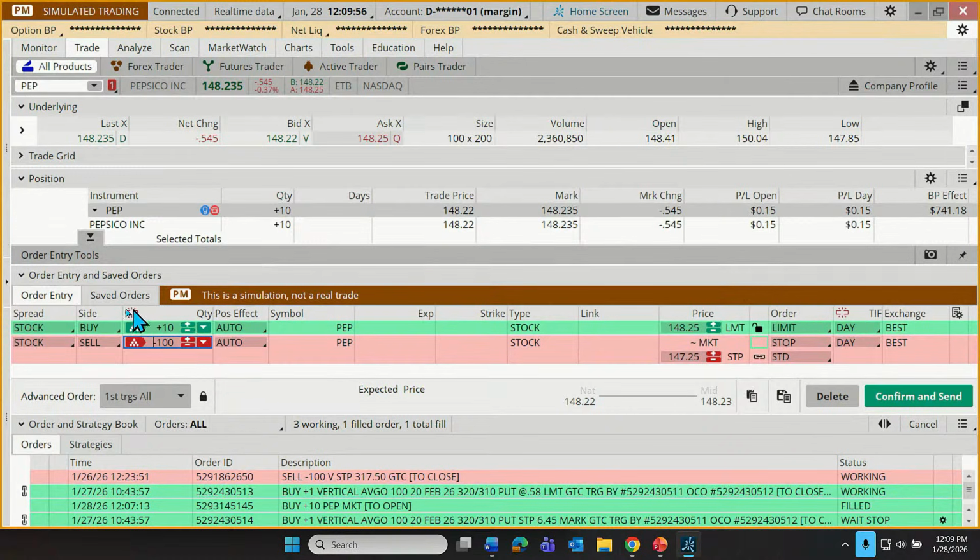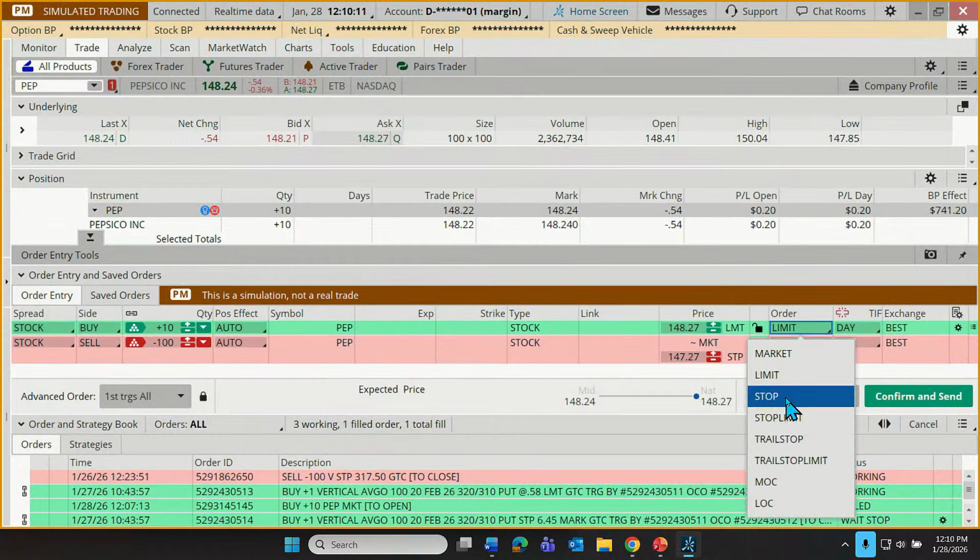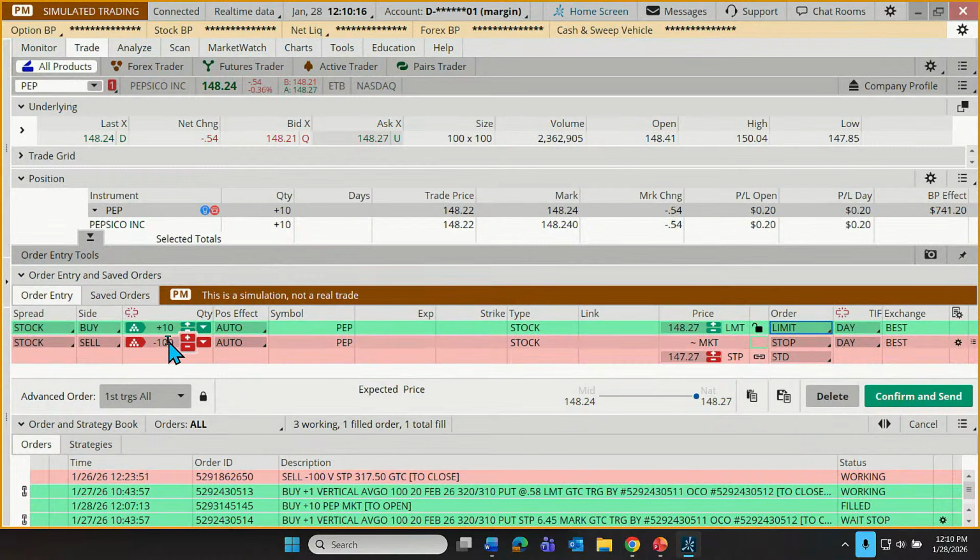ticket, see this little broken chain link right here? If we click on that, it repairs that link. What that means is we want these two orders to be linked together in quantity. And then if I go on without even typing in the minus 10 here, if I start to put in other elements, actually I should have linked that before I changed the first element. Anyway, this will just automatically populate across those quantities. But in any case, from here I can just quickly customize the buy order and the sell order.